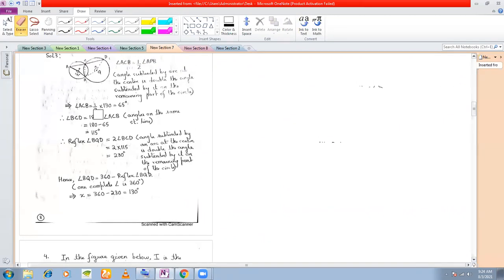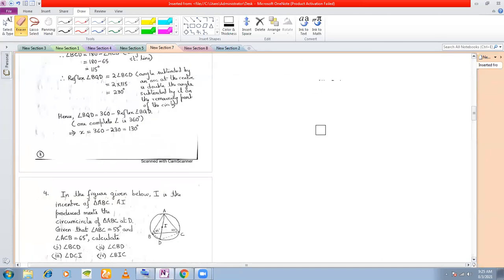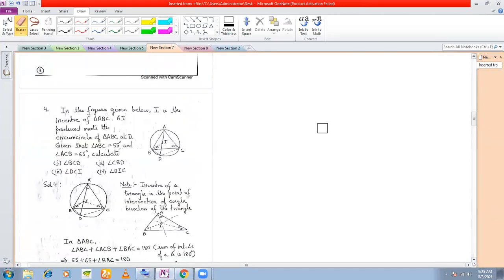But before doing the next question, we'll see a certain definition. Okay. Look, first read the question. In the figure given below, I is the in-center of triangle ABC. Now, what is the in-center of triangle ABC? Let's first understand in-center. This was there in your syllabus, but this has been deleted from your syllabus. The construction of in-center and in-circle was there in your syllabus, but this has been removed. The construction part has been removed. The definition has not been removed.